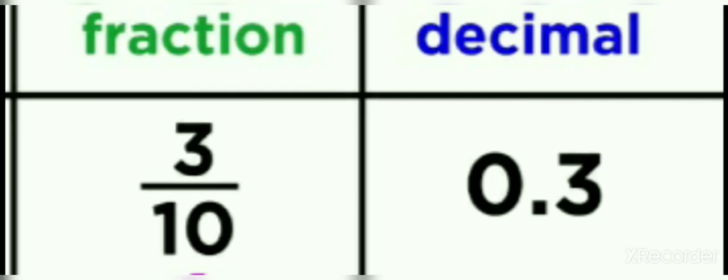Clear? We can also represent fractions as a decimal. Consider the fraction 3 by 10. How can we represent 3 by 10 as a decimal? In the denominator there is 10, which has one 0. The numerator is 3. We have to place the decimal point before one number because there is one 0 in the denominator. The numerator has only one number, so place the decimal point before that number. So we have 0.3.